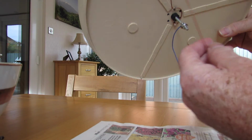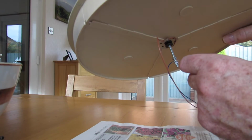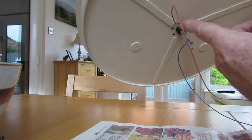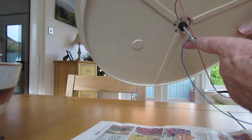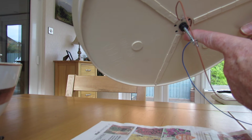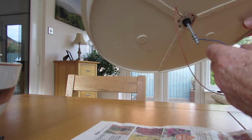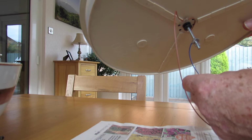Underneath, I've done the wiring. As you can see, as I mentioned before, I've joined up the two outlets from the copper ring. So the copper ring is completely going to be positive all the way around, so the one pickup will pick up that all the way around. So one of the rails is constantly positive, and the other rail is negative, fed up through the centre bolt